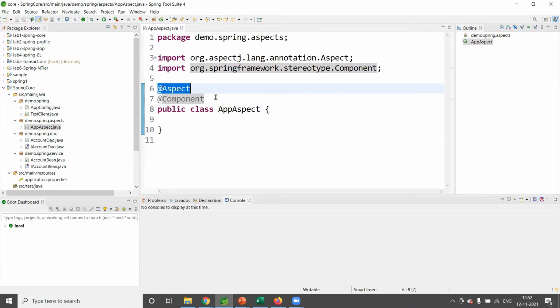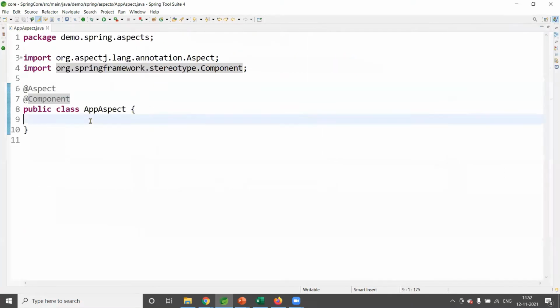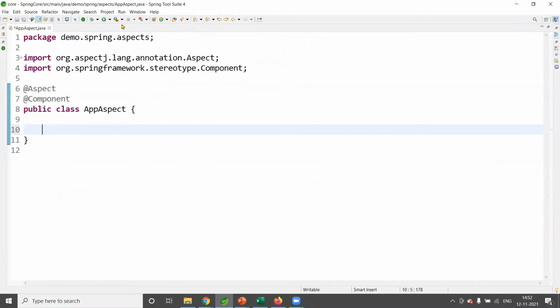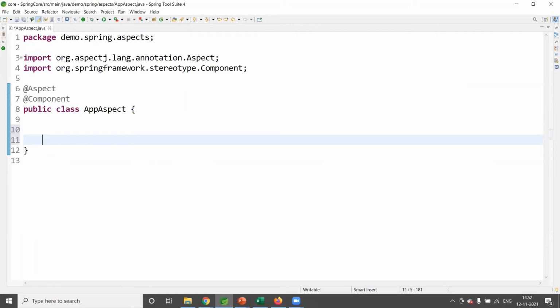And the dependencies are already added in the pom.xml. Now in this, let me write a few advices, because aspect is a class which contains one or more advices, like before advice, after returning advice, throws advice, around advice. Now we are going to try with around advice. Around advice means what? It is before and after. Before calling the target method and after calling the target method, the around advice will be executed, right? So let us write one.